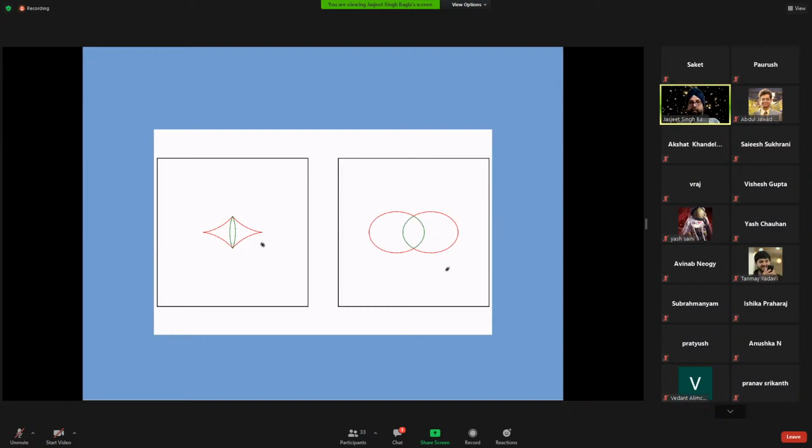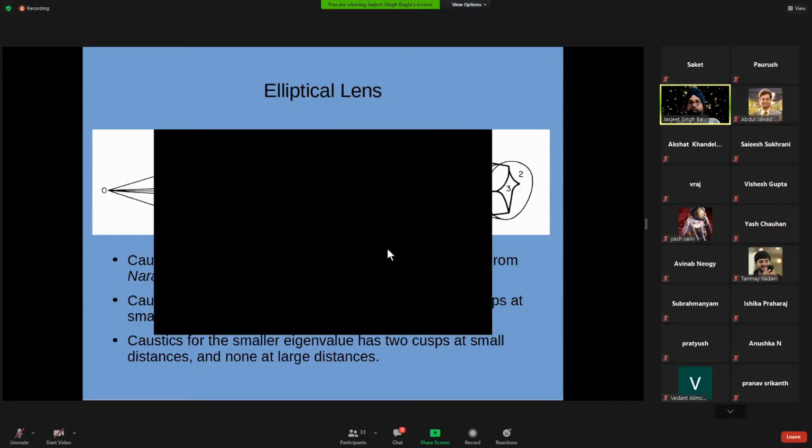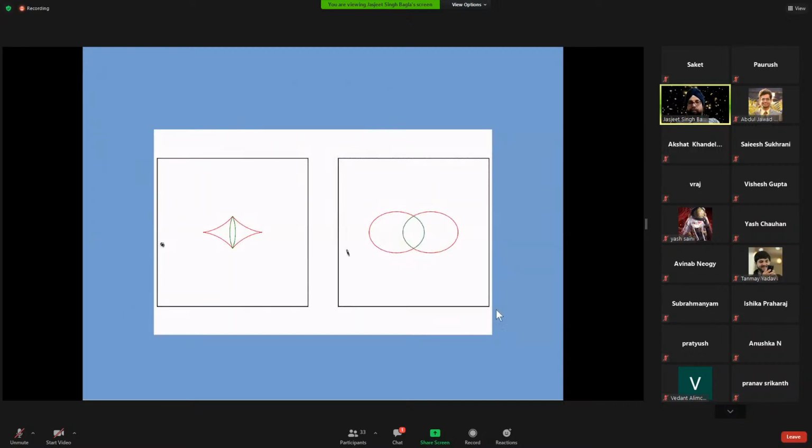So this kind of a point was known earlier. It's not something new which we have devised. If I go back to the image from Narayan and Blandford, you can see in the third frame 2 points which are marked as U. So they were aware of the umbilic, but because of its transitory nature, they did not pay much attention to it at that time. Though I am aware that Roger Blandford has been going around telling people to look at such points more carefully as more data was coming along. So one last look, and then we'll move forward to other types of images.